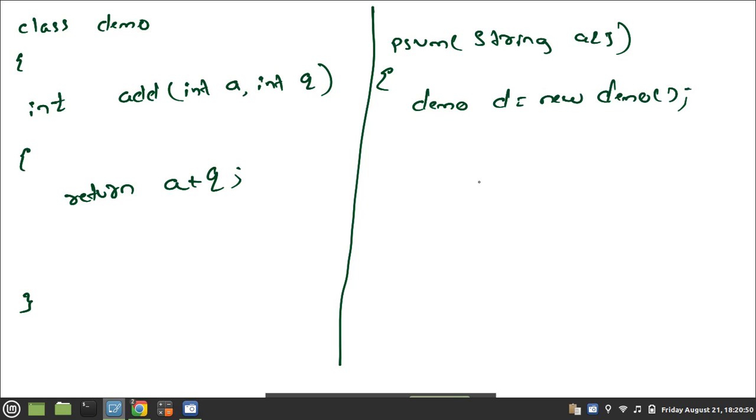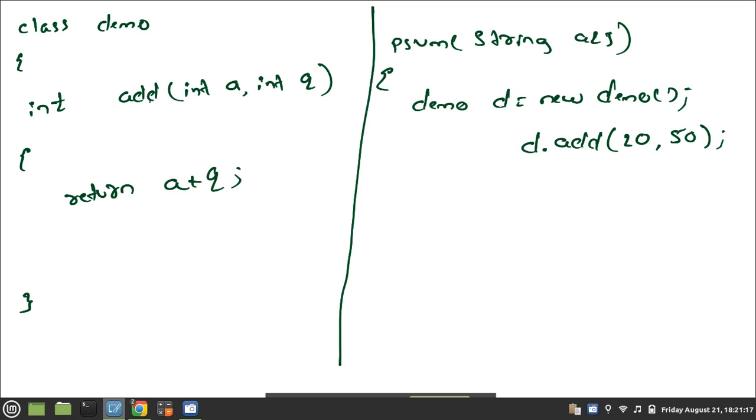Okay, so what is the function name? Add. So how to call? d dot add. Yes, so this add method is expecting how many values? Two values of type integer. So directly I can write like this, 1 and 2. It has return type, which means it is returning something to the calling method.